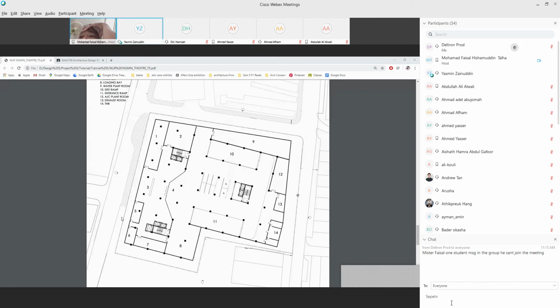Number 8 is the service slash loading bay. Is it too big? No, it's not. Loading bay means... where's the ramp going down? Number 11 or number 10? Going in here and going out here.